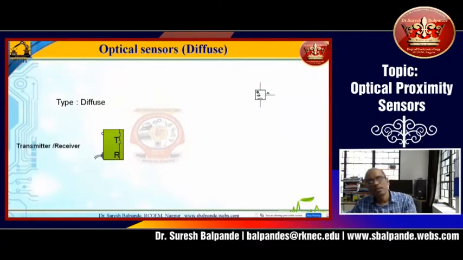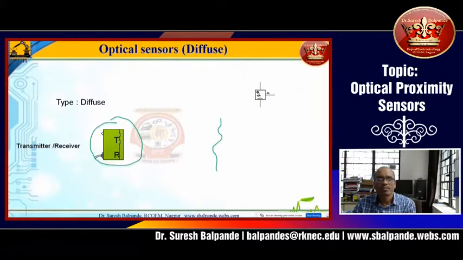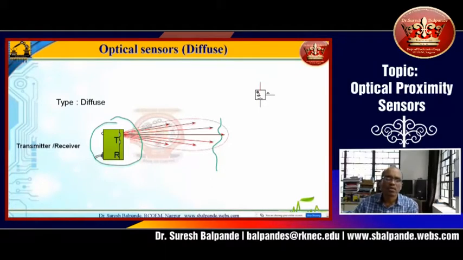This is the last type of optical sensor, called the diffuse type. In this case, we have the transmitter and receiver both in the same package, but there is no prismatic glass placed here, and there is no separate receiver part, nothing is there. So now we will see the animation. You can see a light lobe is formed, and that light is traveling in all directions. There is no interruption, so no light is falling on the receiver part.